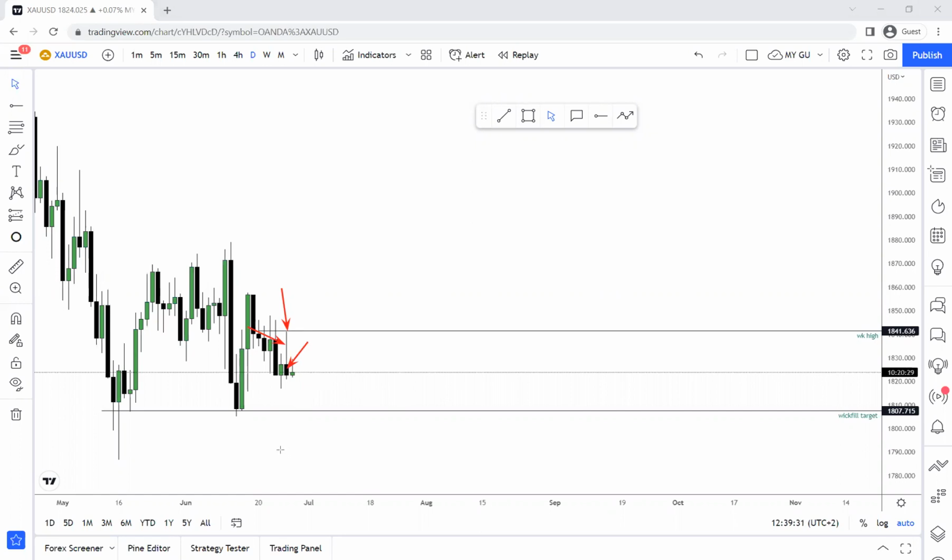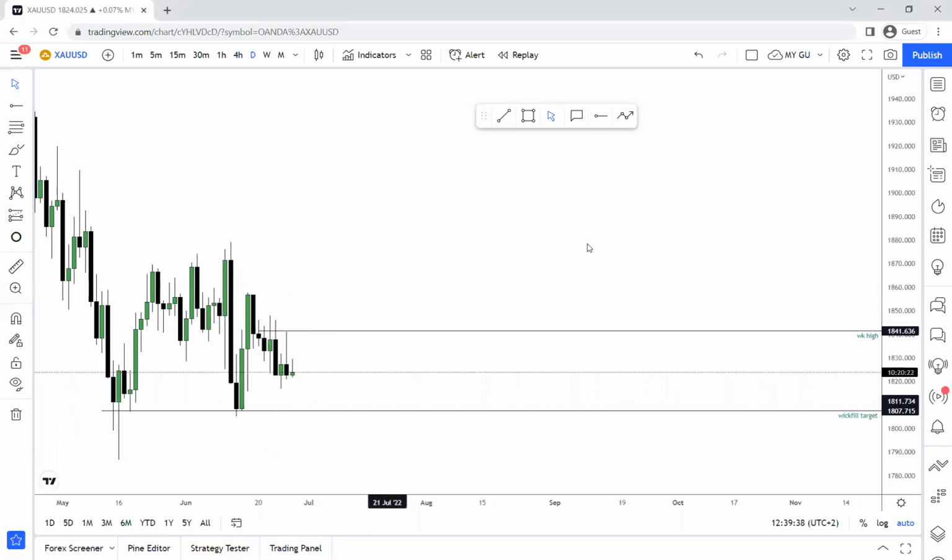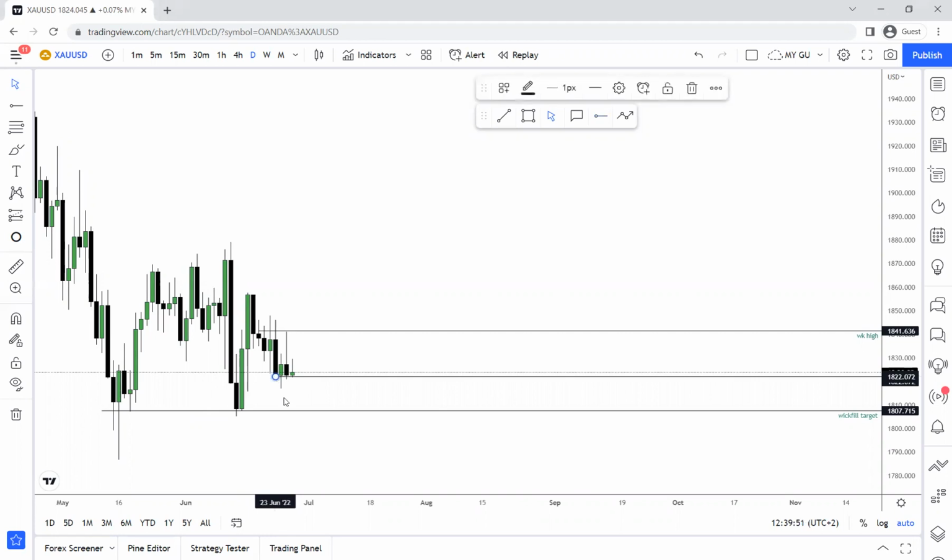However, even though price is pushing lower, it is still sitting at a somewhat strong support, because this is the support that price rejected yesterday. Price pushed to it yesterday but still rejected, because if it had broken, we should have seen price going lower when the candle opened, but it didn't. So we need to know that this is a strong low where price is at. For price to go lower, price needs to close below, and then we can see price going lower.